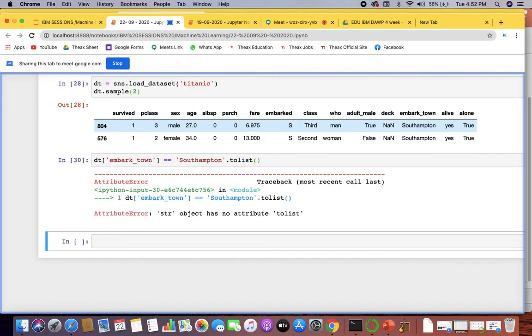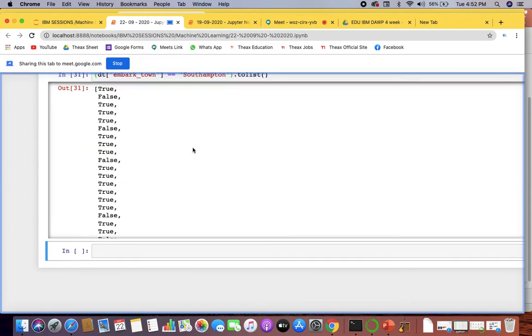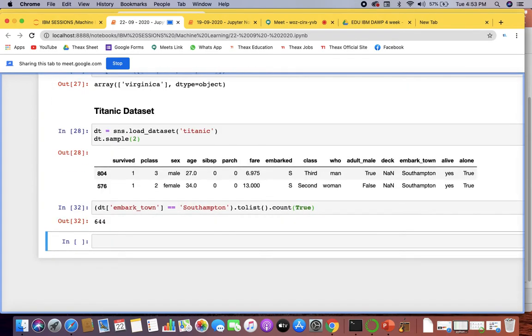And to convert this into a list, right? Then to count the occurrence of true, 644, right? Instead of doing this, if I only write,